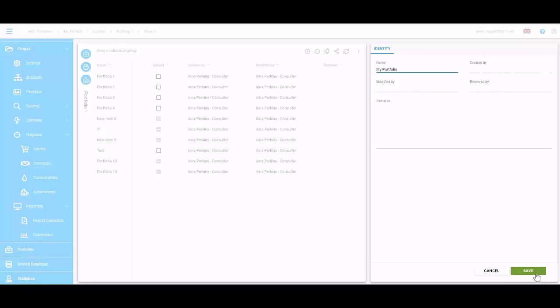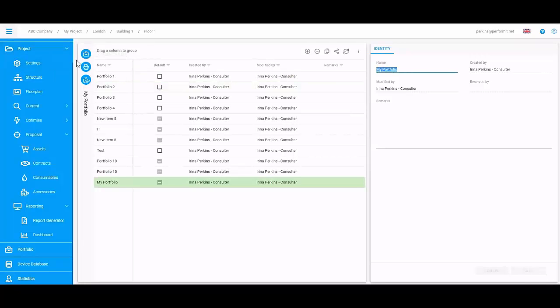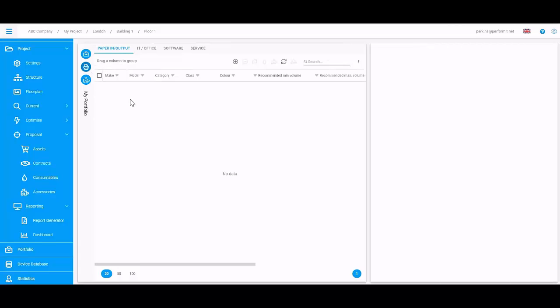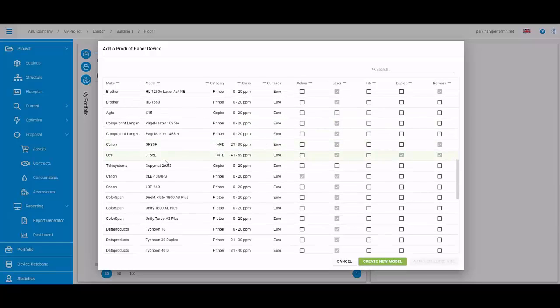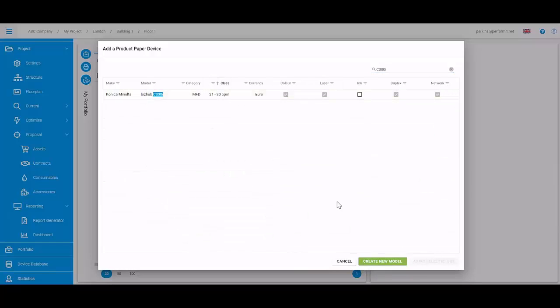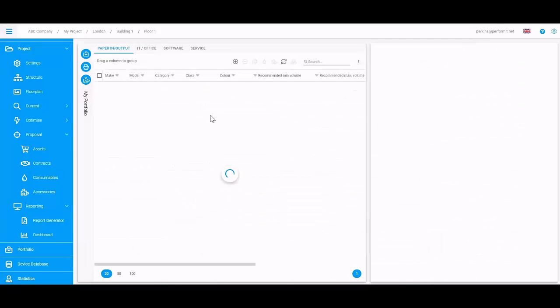save your changes, and click on the primary article button. Here you can add paper in and output devices, IT service and office software, and let's start by creating a new paper input device. You can select one from the database and add it to your portfolio,